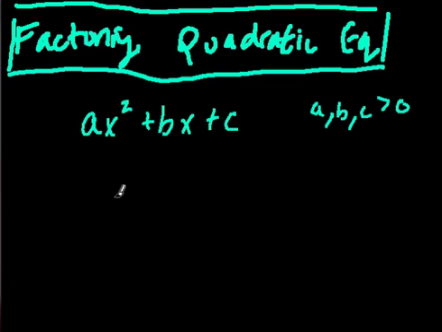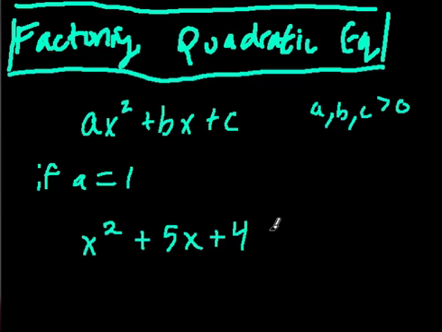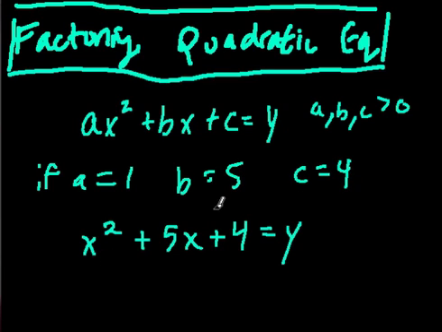How does this work? Well, what's nice is that if a equals 1, so if you just see an x squared, a equals 1, plus 5x plus 4, well, this is our function, our quadratic equation. We could write f of x or y, it doesn't matter. Y equals all this stuff. Here a is equal to 1, b is equal to 5, and c is equal to 4. Everything's positive. When we have this situation, it's very easy to factor, because we know right away